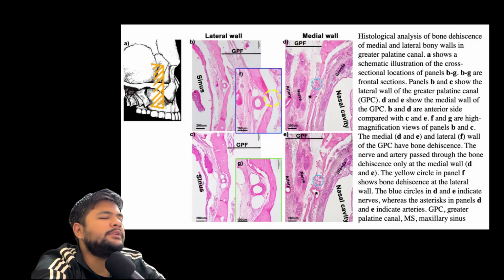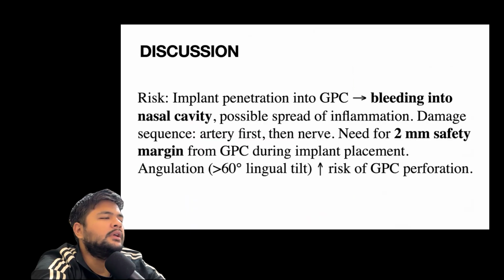Similarly, in this image, we can also see the histological sections. Coming to the discussion, the risk of implant penetration into the greater palatine canal can cause bleeding into the nasal cavity and possible spread of inflammation. The damage sequence is artery first and then the nerve, with a need for a 2 mm safety margin from the greater palatine canal during implant placement, and angulation of more than 60 degrees